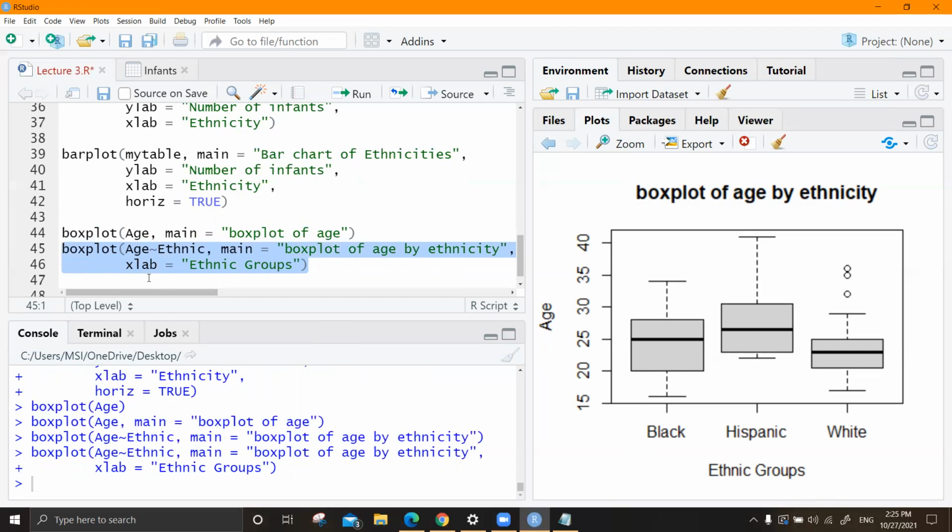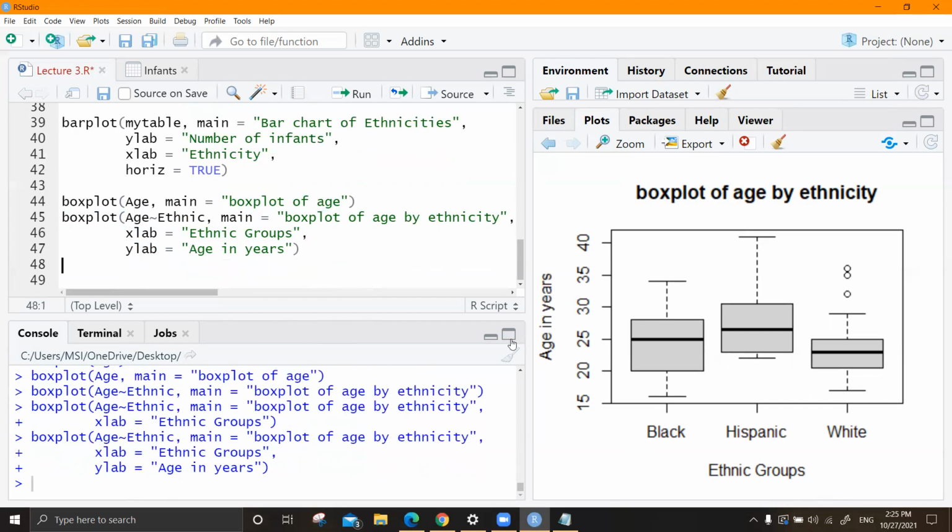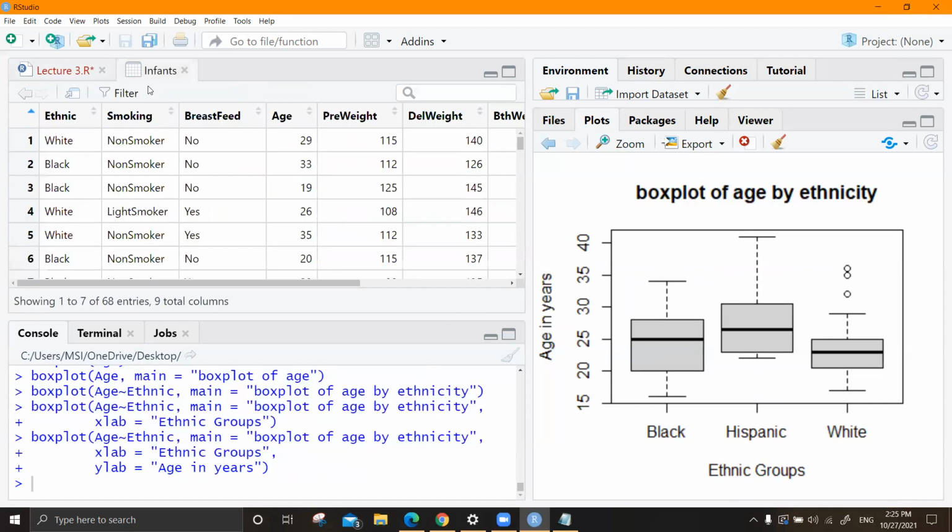You just force R to have the X label like this, even the Y label. If you want to have age in years, then you can simply type this. You can change the axis labels likewise. Otherwise, by default, they take the column names.